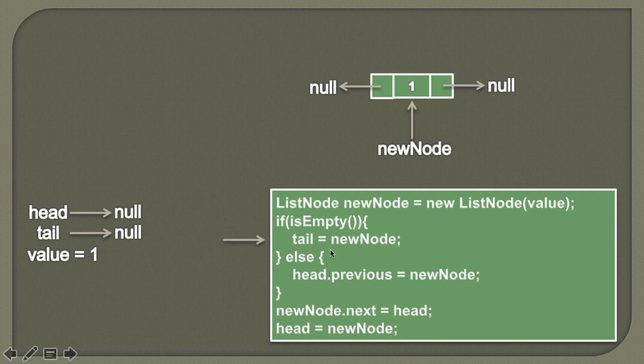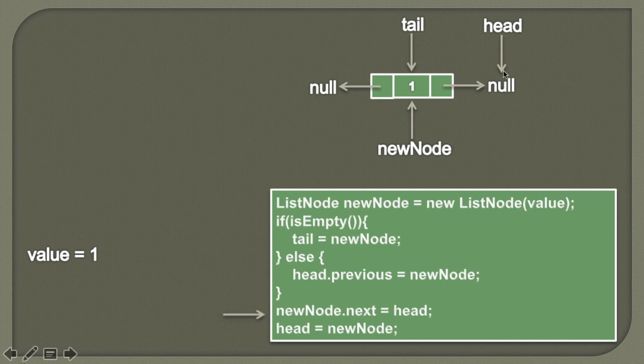In order to insert this new node at the beginning of the doubly linked list, we'll first assign the value of new node to tail. Currently tail points to null. After this statement, it will point to the node to which the new node points. Here, new node's next points to null. Therefore we'll assign the value of head to new node's next pointer. Here head points to null, therefore new node's next will also point to null.